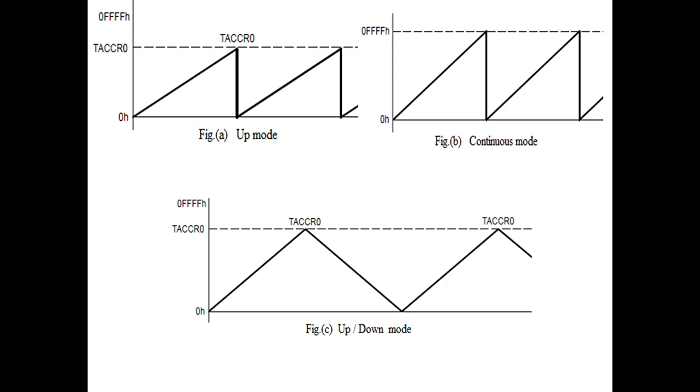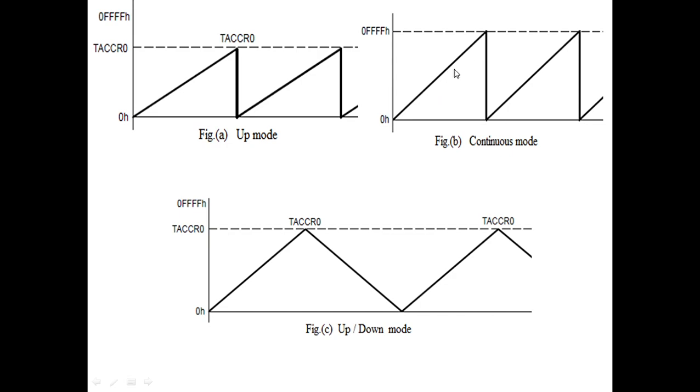Next, 1-0 mode, that means continuous mode. In the continuous mode, the timer A capture and compare register value will be the maximum value. Since it is a 16-bit timer, that is 64 kilobytes, that means 0xFFFF. So initially the timer A register value is 0, and the capture and compare register value will be 0xFFFF. This timer A value captures each current time, initially 0. For each time, it is incremented by 1: 0, 1, 2, 3, 4 up to 0xFFFF.